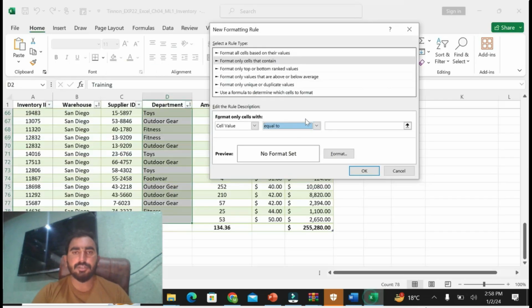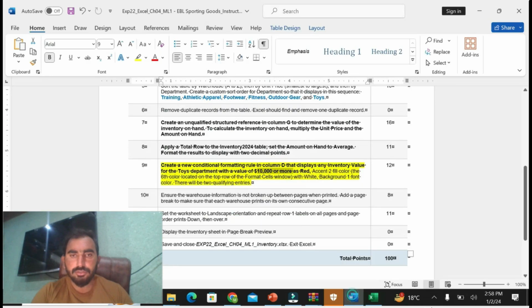Display an inventory value greater than or equal to 10,000 or more as accent 2 fill color and the sixth color.